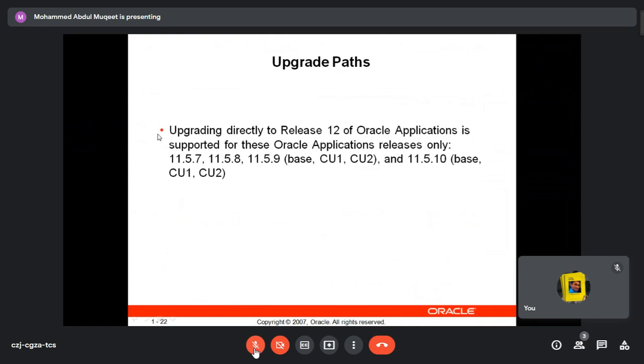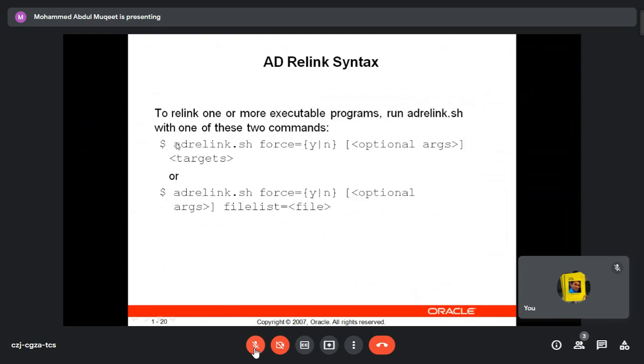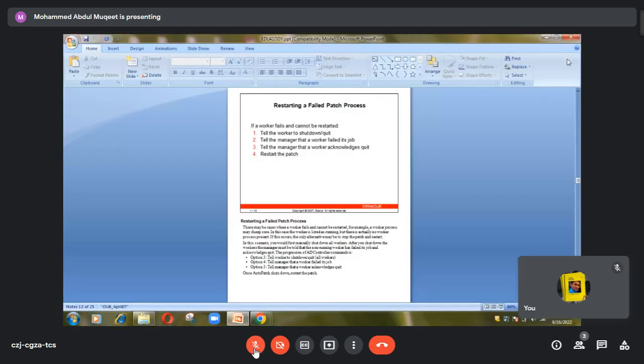relinking. How do you relink an individual particular form or report, whatever it is? adrelink.sh. Okay, what is the syntax? That's it. Okay, now